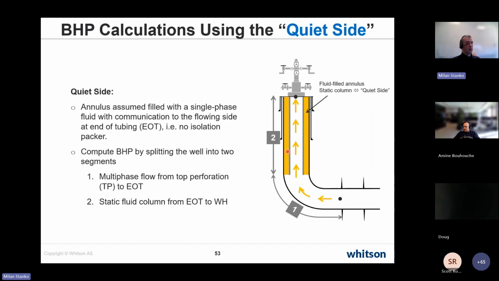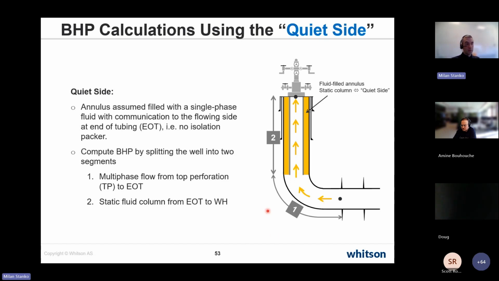Then you can do an estimation of that pressure by taking what might be a stagnant column of gas. Usually you assume that it goes all the way to the end of tubing. Then you calculate from there, with that pressure and the rate, what is the pressure at the top of formation. So instead of going through the tubing, with that tubing head pressure down to end of tubing and then flowing through the production casing, you flow from the casing head pressure, assuming a static column of gas, and then you reach the end of tubing, and then from end of tubing you calculate,